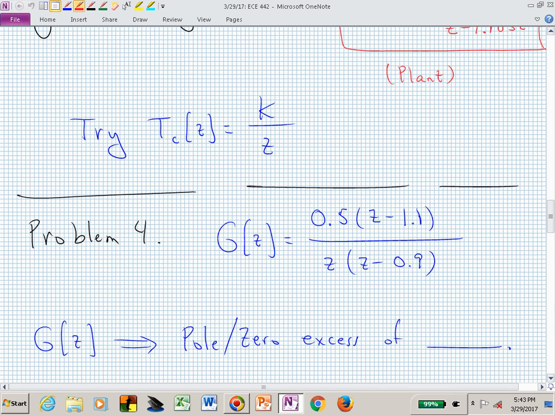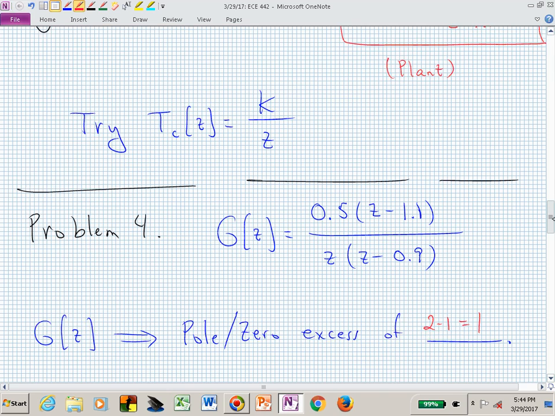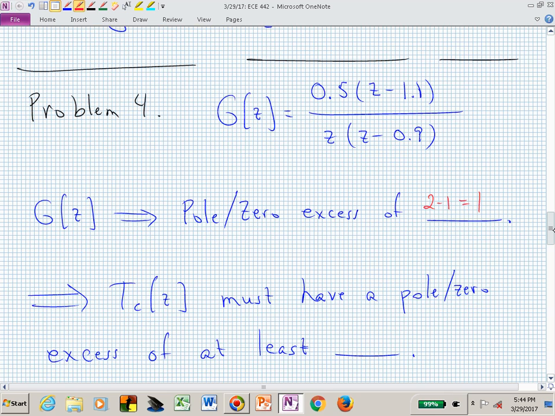How many poles do you have? Why isn't it 2? Oh, it's pole zero excess, isn't it? Sorry, I'm just belaboring your answer. But yes, 1 is correct. It's 2 minus 1, which is 1. So we have a pole zero excess of 1. I'm just making you question, just to make sure that you're locked in on your answer.